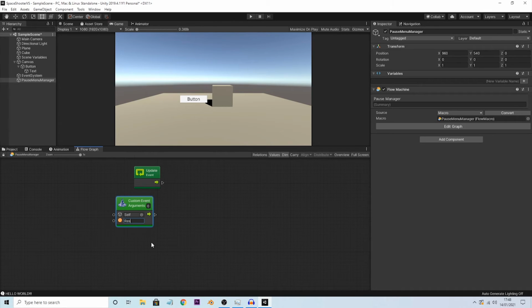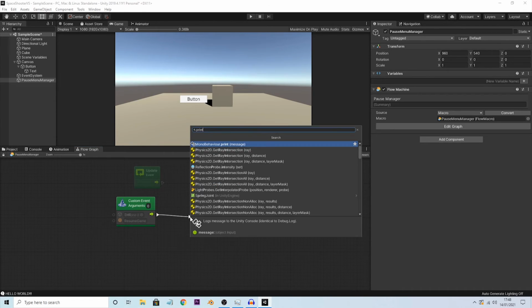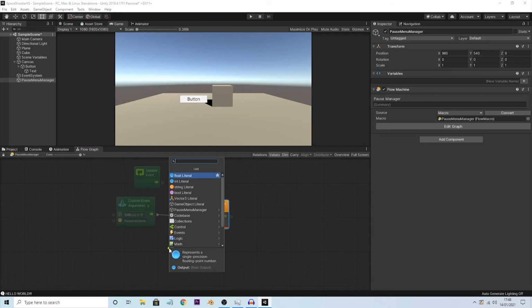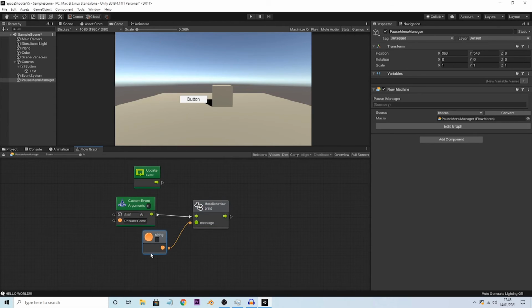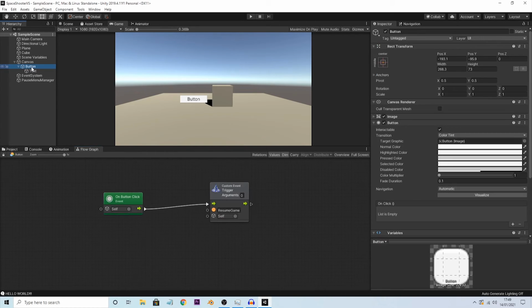Resume game, and now the arguments, you could put arguments, but I don't need any arguments at the moment. So we are going to print another piece of text, and we're going to do literal again, so string literal, and inside of here we're going to say pressed. Okay, so let's just save that real quickly, and inside of the button graph, just remember, on button click, when we click on that button, it will trigger this, although we need to actually,